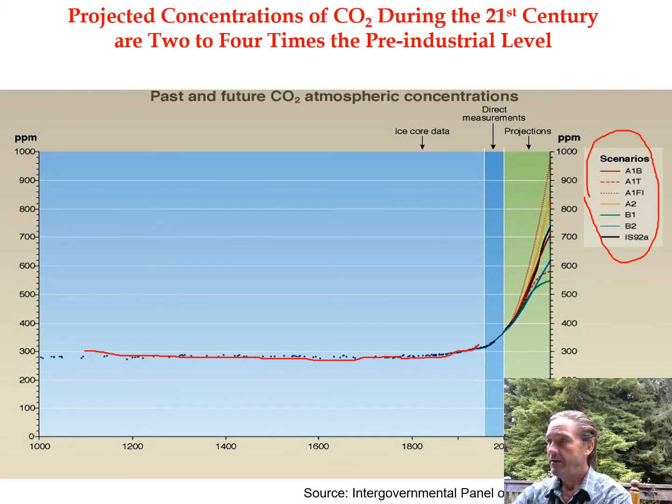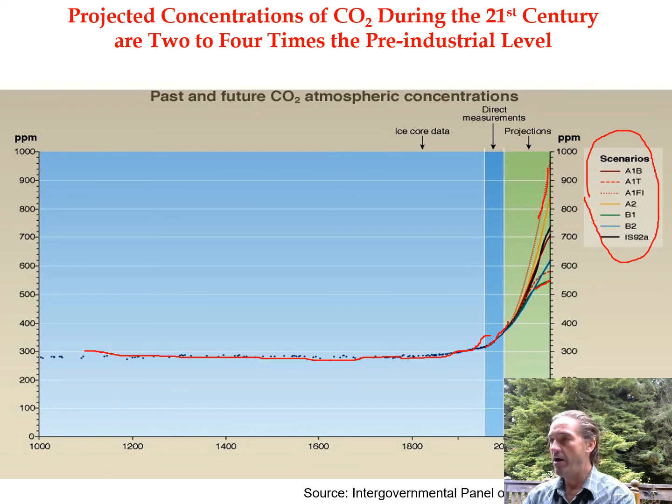And here we are, about right here. And so this model shows different scenarios, such as if we did nothing, which would be here, and if we did a lot and started to